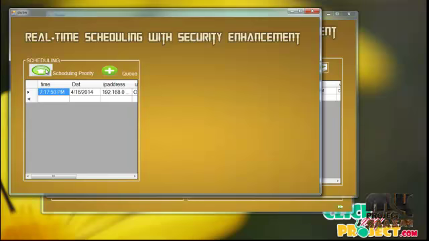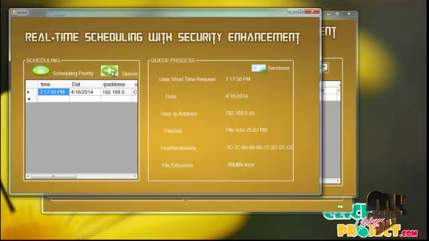Click on the scheduling priority. In scheduling priority, the user who requested first is selected in the queue process and sent to the service authority. Click on the queue button. In the queuing process, the user who requested first is selected. The user's start time of request is 7:17 p.m. The current date is 16/4/2014, and the IP address of the user selected in the queue process